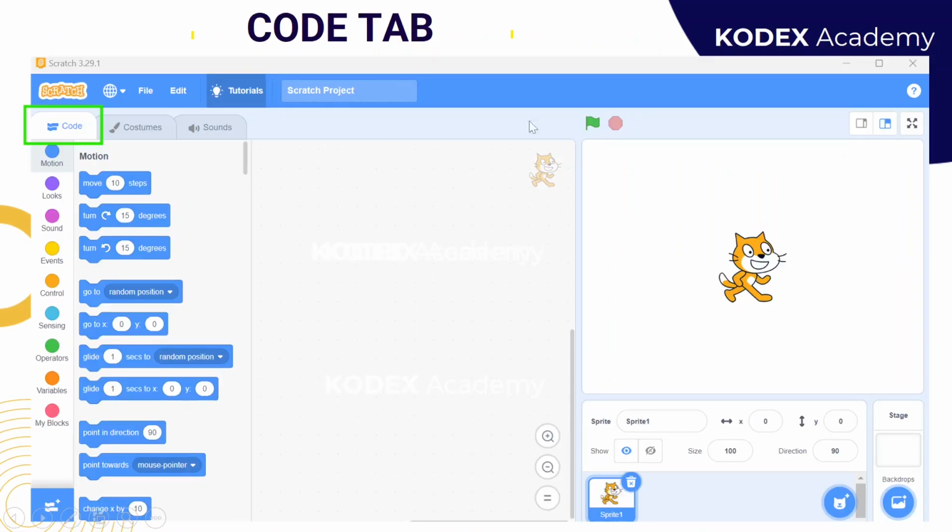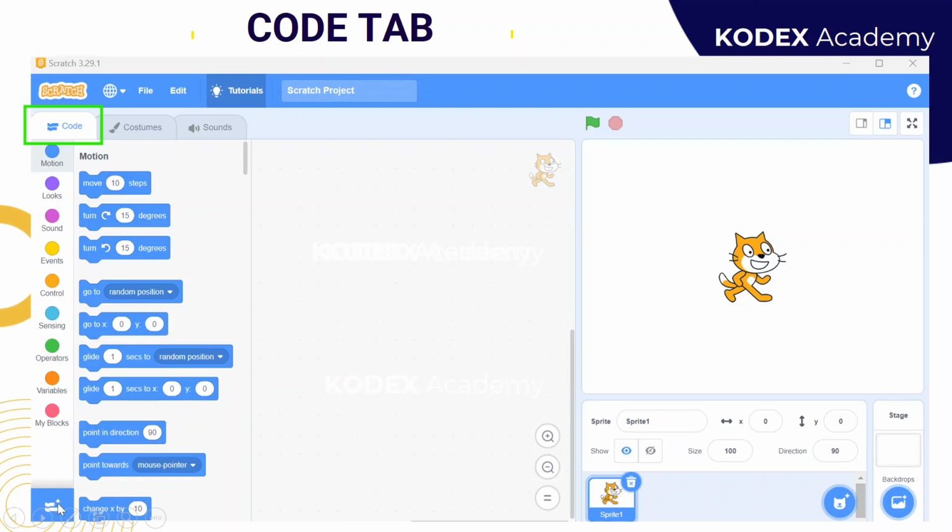So here we are. First we are going to discuss the code tab. By default, whenever you open the screen of Scratch, you will see this code tab is automatically selected. You will see one sprite over here, the motion block palette automatically selected. You can select any one and you can see how the command blocks change as per your selection. You need to just drag and drop these command blocks in this script area, and on the basis of that this sprite will work.